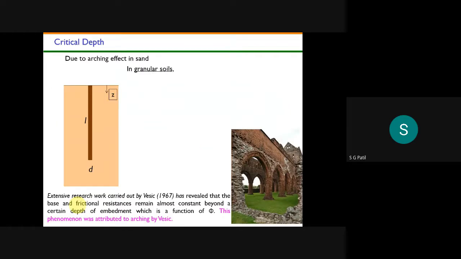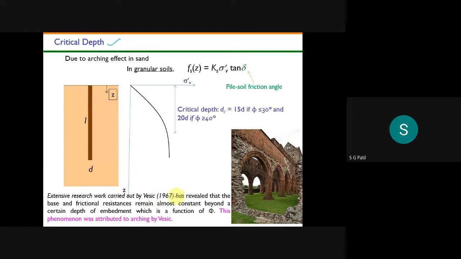And in this sand, we will have one very important concept called critical depth. So this critical depth, see what will happen. What happened was, Vesic experimentally conducted some experiments in the laboratory, and then they came to know that both your skin friction and your base resistance are a function of what? It is a function of your